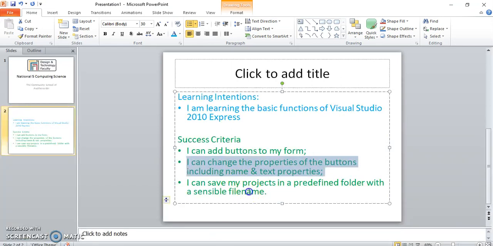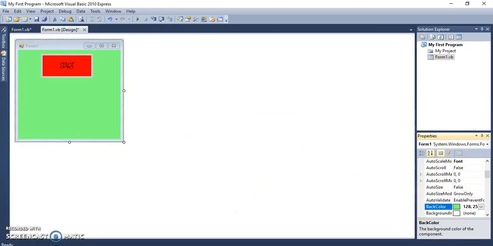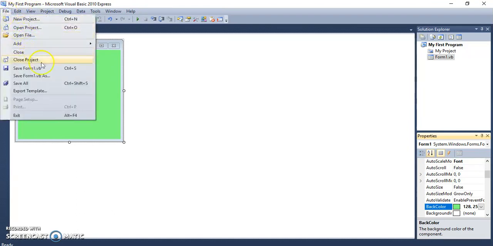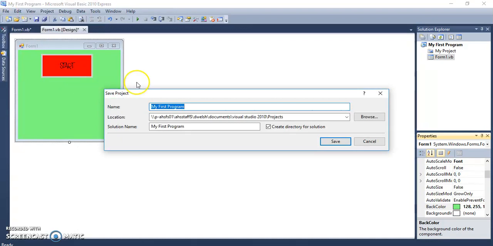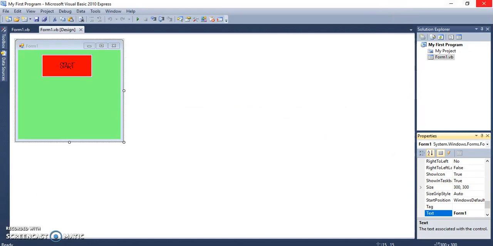Okay, last thing from this particular video, we're going to save the project in a predefined folder with a sensible file name. At the start, I gave it a sensible file name. I called it my first program. That's evident up there. Now what I want to do is go to File and Save All. Now when I click Save All, it will save it as my first program, and where it's saving it is to our Visual Studio 2010 folder, which is where all our programs will save, and that's found in My Documents. and it's going to be called My First Program. So if I click Save and then close that,